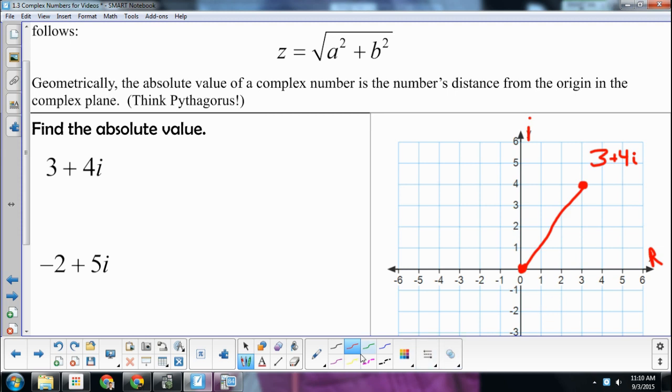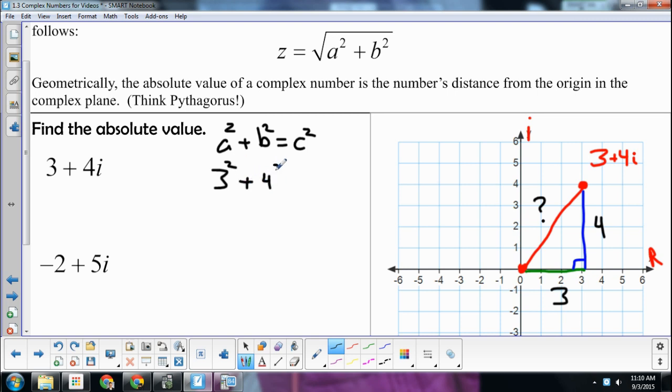Well, if you notice, I've got this nice right triangle that exists here, and I bet I could figure out the lengths of the sides of this right triangle. This length is 3, and this length happens to be 4. What I'm trying to figure out is the length of the hypotenuse. Now, we happen to know something called the Pythagorean Theorem that helps us figure that out. a squared plus b squared equals c squared, where a and b are the legs of a right triangle, and c is the hypotenuse. So to solve for the length of the hypotenuse, 3 squared plus 4 squared